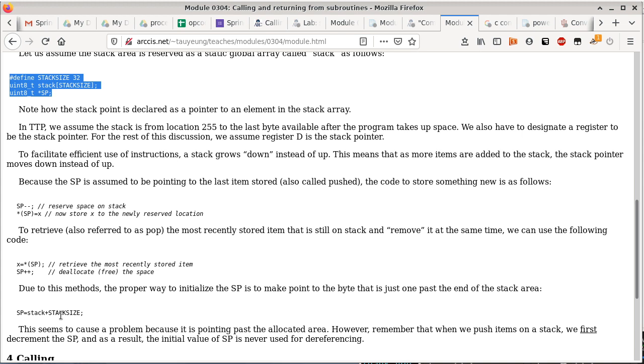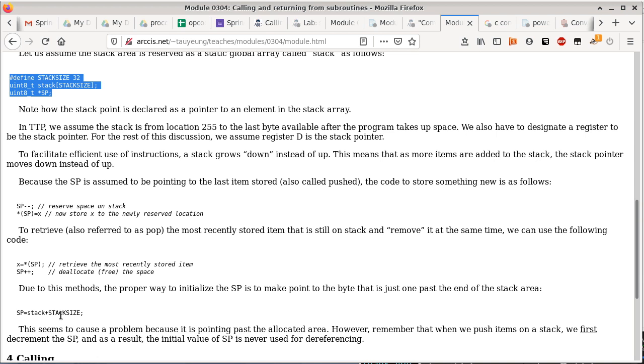Somebody is going to look at this and point out and say, but the stack pointer is now pointing to something that is not a part of the stack, because this is pointing to the byte that is right after the stack itself. Okay? Is that okay? Is everybody comfortable with pointer arithmetics? You can add constants to a stack pointer, to a pointer. Is that okay? But this is pointing past that last page, which is actually fine,